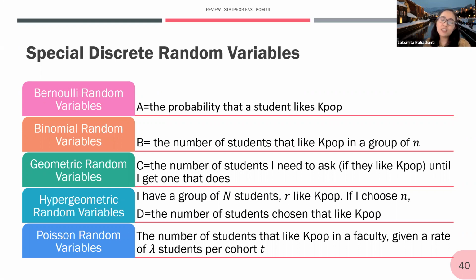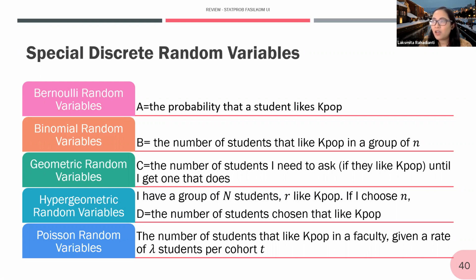The next one is not a direct Bernoulli one, it does not directly use Bernoulli trials. In a group of these 20, how many students are here today? 21 students are here today. And let's say I know that 6 are a special kind that like K-pop. And if I take at random 2 students to accompany me to watch the